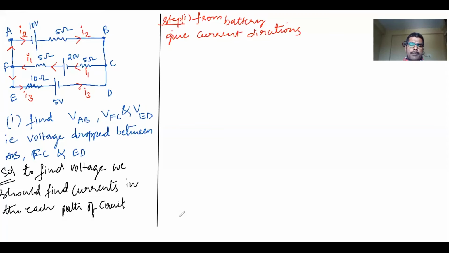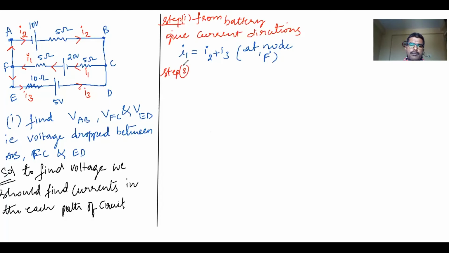So the first step is completed, and now I can use Kirchhoff's law. You can simply write I1 is equal to I2 plus I3. This is at node F. So at node F, I have used Kirchhoff's current law. Current entering into this F is I1. Current leaving from F is I2 and I3. So I have just written I1 is equal to I2 plus I3. That is step 1. How many unknown currents are there here? There are two unknown currents. As a result, we require two KVL equations.